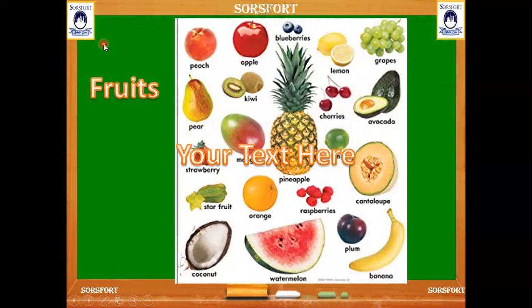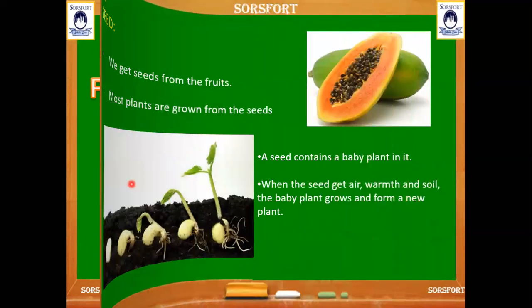Which fruits do you like from this list? You like many fruits, isn't it? Yes. But in a chili plant, we can see a fruit. But that we call as vegetable.